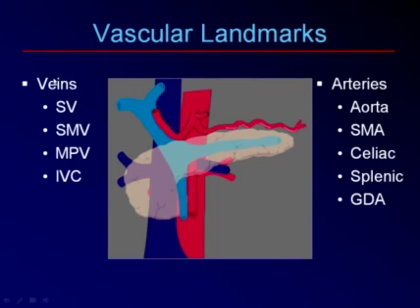There are a number of vascular landmarks that we use to identify the pancreas and look for abnormalities. So I'd like to discuss the veins that are related to the pancreas, and that includes the splenic vein, superior mesenteric vein, the main portal vein, and the inferior vena cava. The splenic vein runs posterior to the body and tail of the gland. The superior mesenteric vein